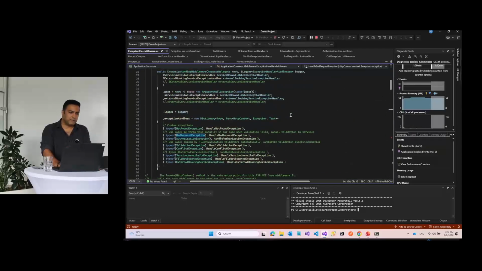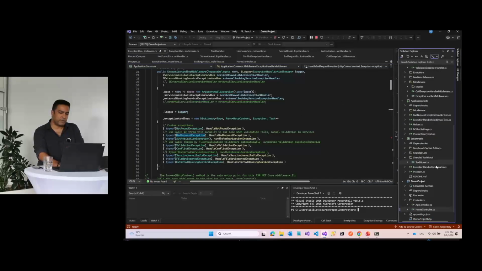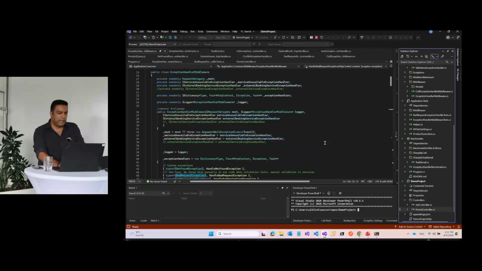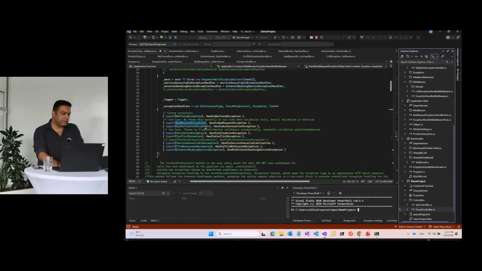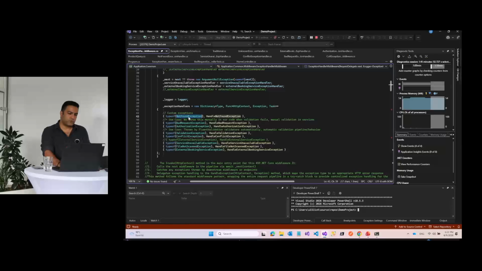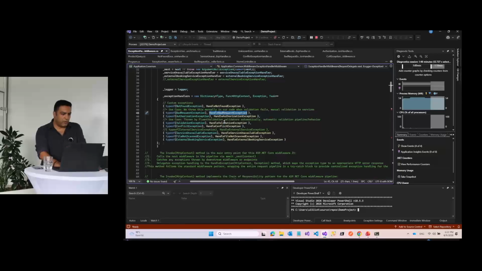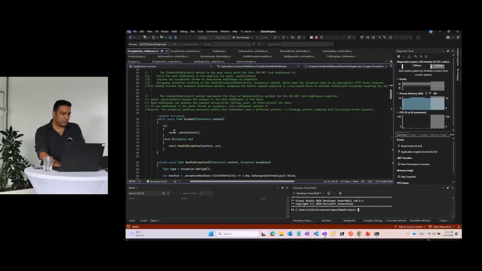Okay, let's see how I've handled the full flow of this. I've created a class called exception middleware. In this exception middleware, which I've registered in Program.cs in the middleware, I've created a dictionary that maps each kind of exception to a method. Not found should call the handle not found exception, bad request should call the handle bad request exception, and so on. So how does the process work in the middleware? If I set a breakpoint here,